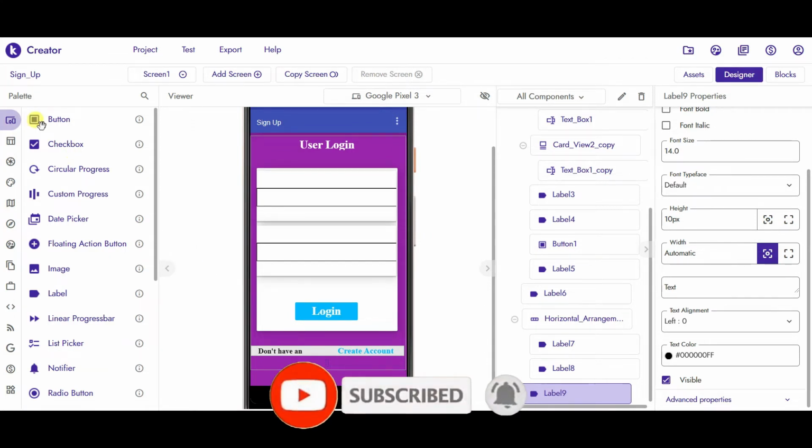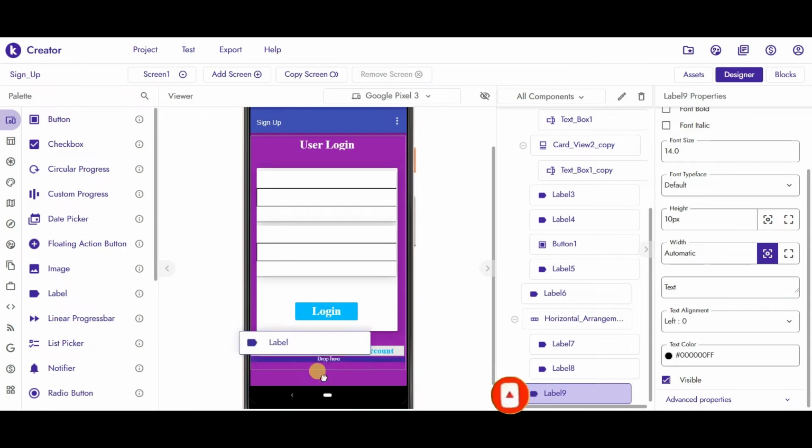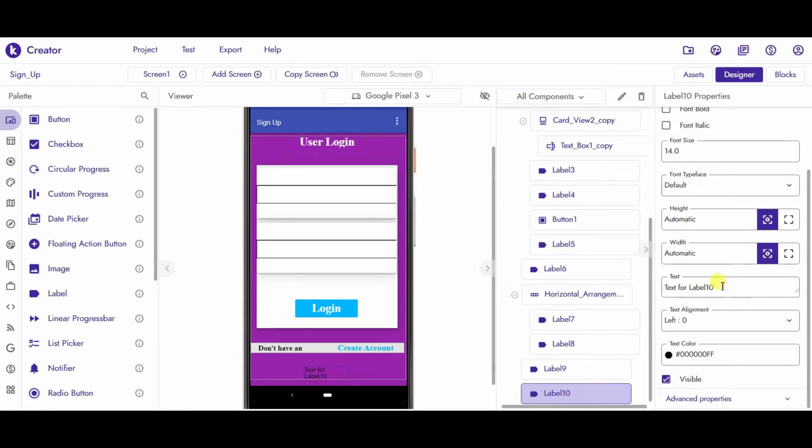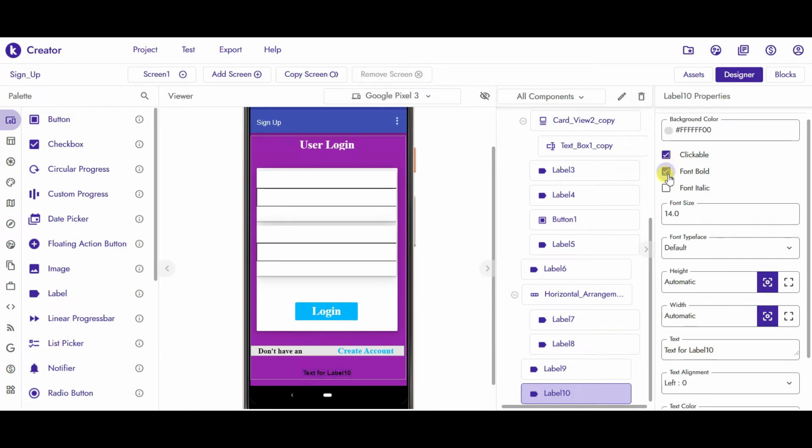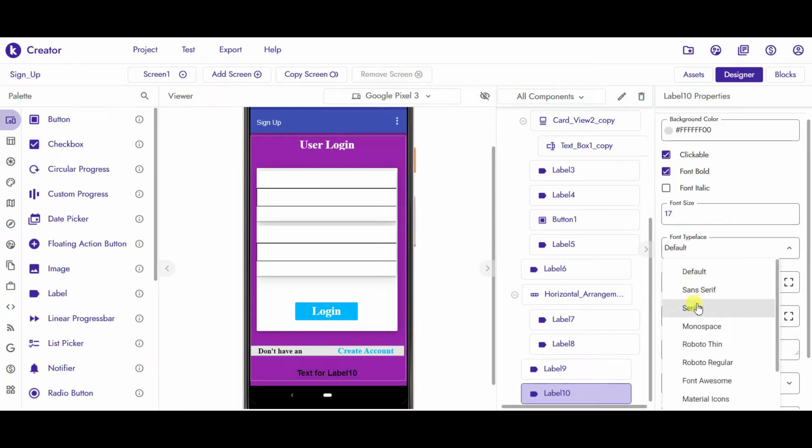Now take another label, make it clickable. Font should be bold. Font size will be 17. Font typeface is serif.